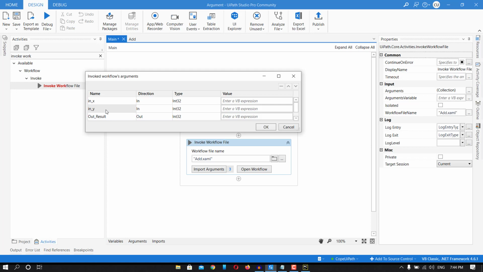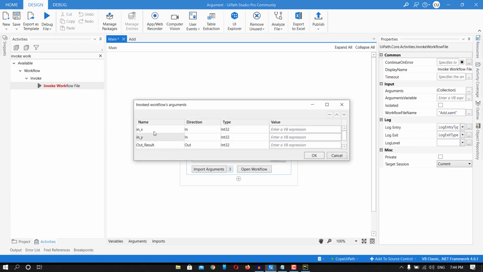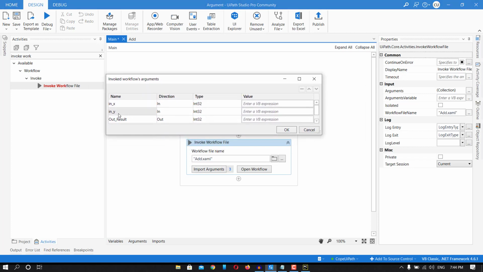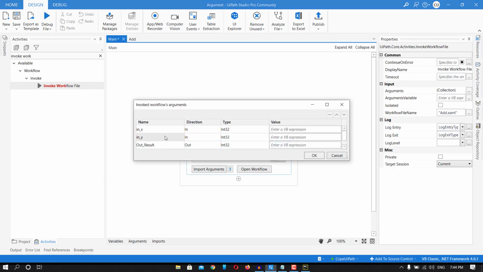Or you can just think like this, that if you have to use this addition workflow, so what you will do, you will pass this workflow. Okay, so this x and y value you will give here, right? You will pass this value to this particular addition, and output you will get it, right? So that's why in and x and y are input variable. So let me pass it anything here, 32 and then 23, and result either we can take it into a variable, or let me just take it as a sum.